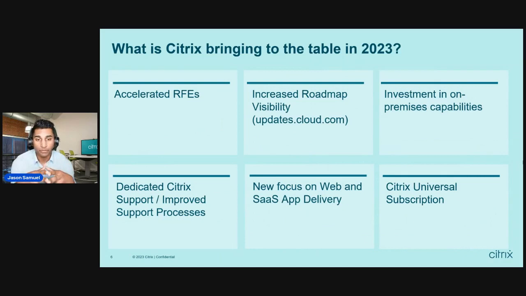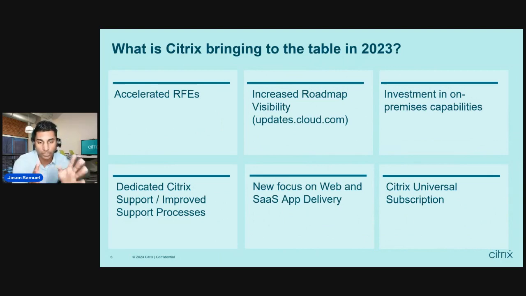The other big thing is that we're working very hard on being very transparent on what we're doing on the product side. Updates.cloud.com, I'll get into this a little bit more, but that's the URL there. I'm going to go a little bit deeper into it later in the presentation. But this is actually going to show you what we're working on. Stuff that is borderline NDA, let's put it that way, that we're converting over and saying, hey, we're dedicating to working on this, and we're popping it out there.